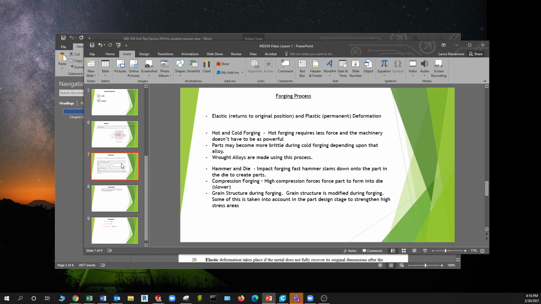So keep that in mind. Cold forging is less efficient as far as the machinery. Hot forging, the machinery needs to be resistant to the heat, but it doesn't need to be as strong or as formidable as it would need to be for cold forging. Another point we need to cover for hot and cold forging is the cold forging process generally leads to more brittle parts, and that's because